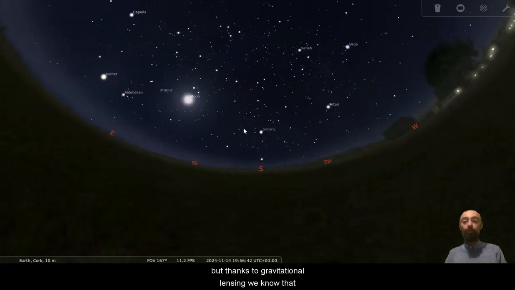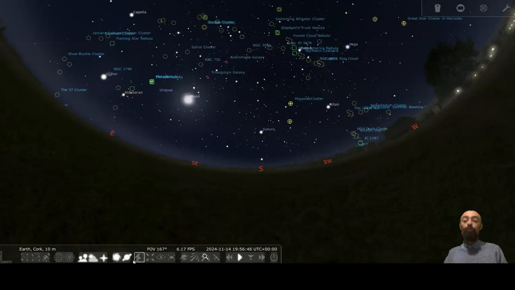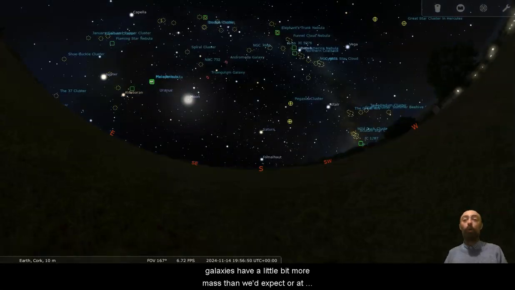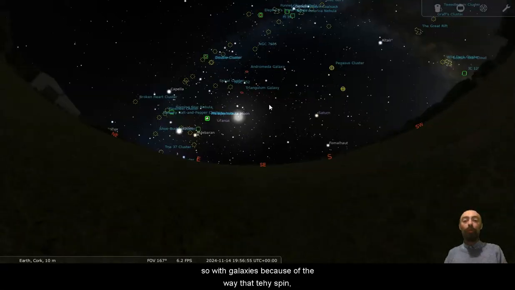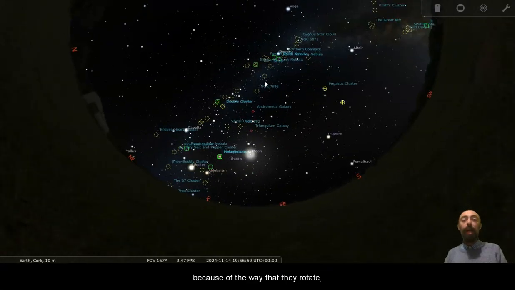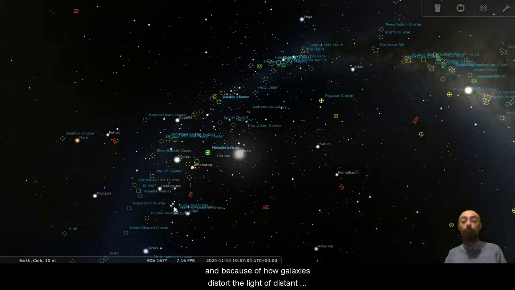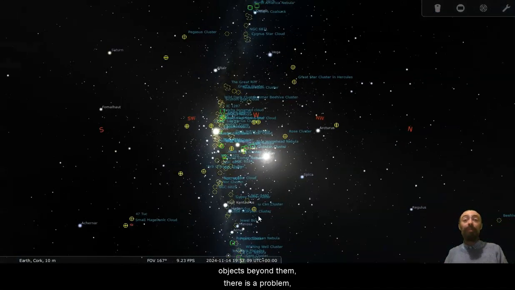But thanks to gravitational lensing, we know that galaxies have a little bit more mass than we'd expect, or at least they appear to have more mass than we'd expect. So with galaxies, because of the way that they spin, because of the way that they rotate, and because of how galaxies distort the light of distant objects beyond them, there is a problem of what seems to be missing mass.